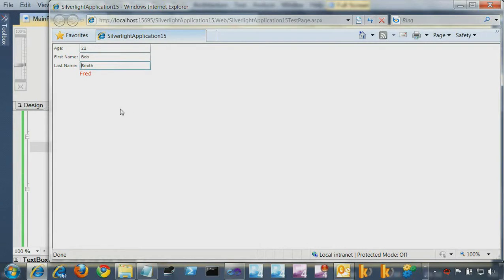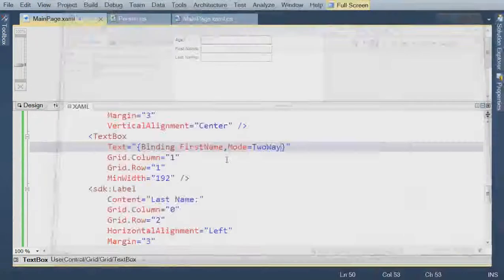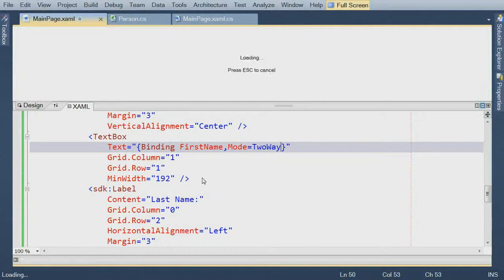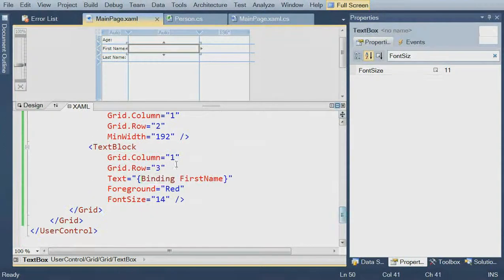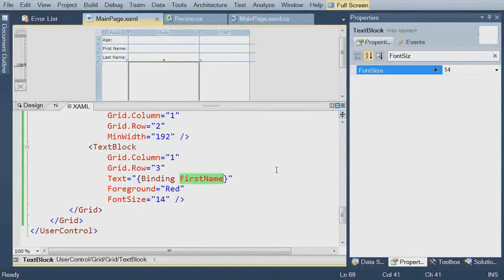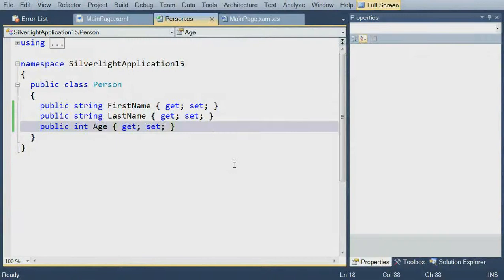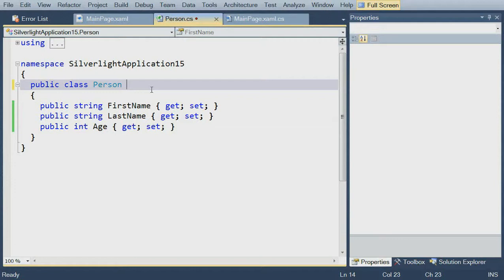And the reason why it doesn't work is that what is happening is we are changing now the value of the first name in the underlying object, but that change of that value is not being communicated to the other person that's interested in the binding, which is this text block down here, which is bound to the very same property. So how do we make sure that our object living behind here actually notifies that other piece of UI that something has changed? Well, the way it works is you implement an interface in Silverlight called